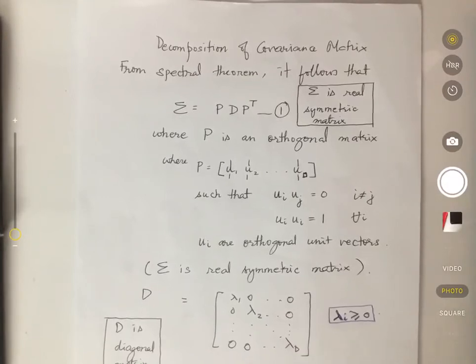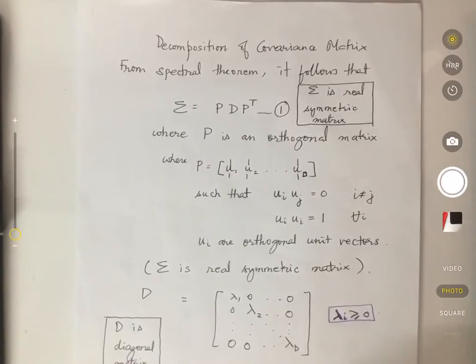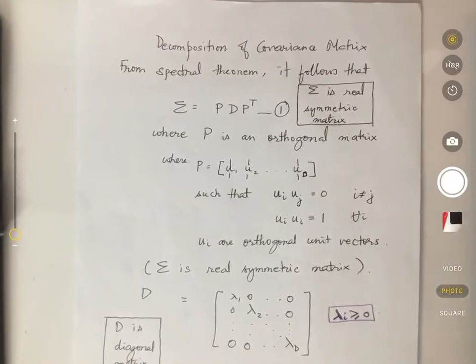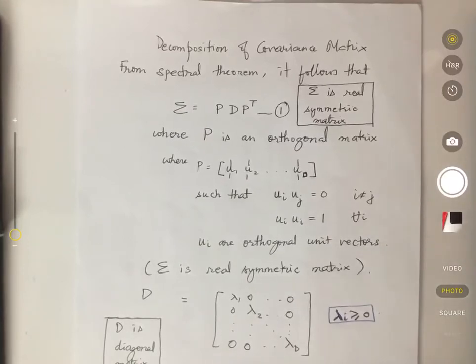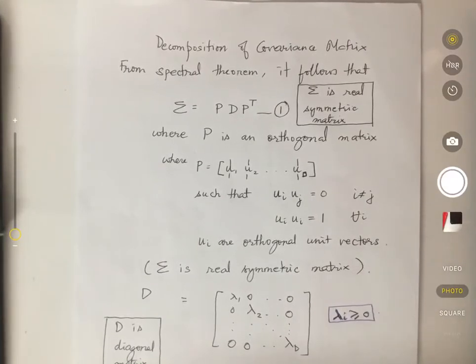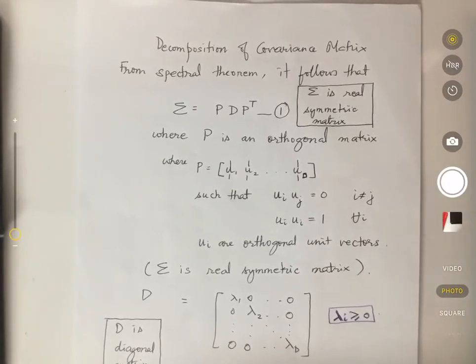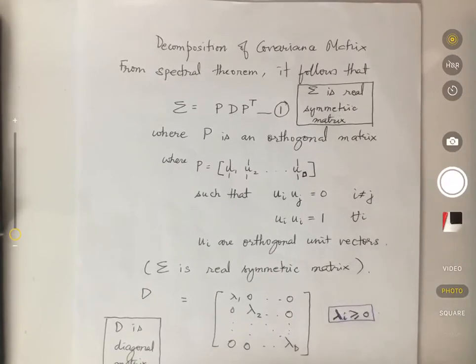Hello there. In this video clip, we will be learning about the eigenvectors of a covariance matrix and what the properties of those eigenvectors are. So we start off with the decomposition of a covariance matrix. It follows from the spectral theorem that every real symmetric matrix, and the covariance matrix is an example of a real symmetric matrix,